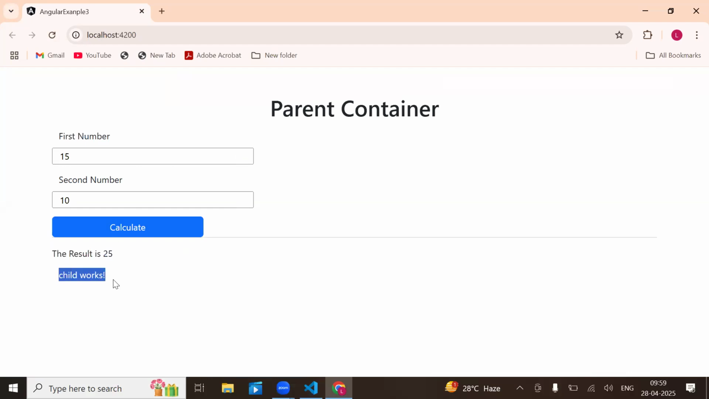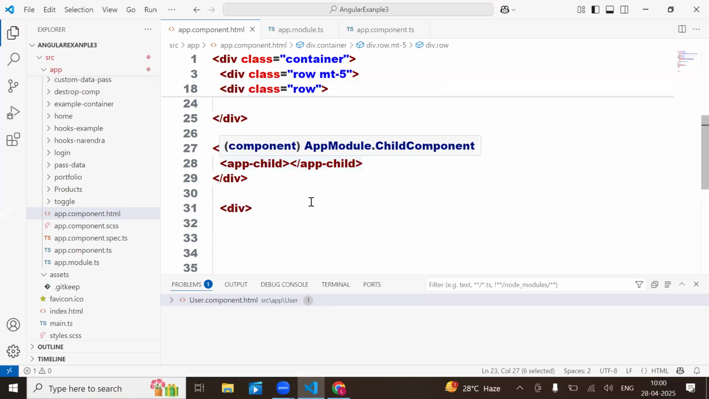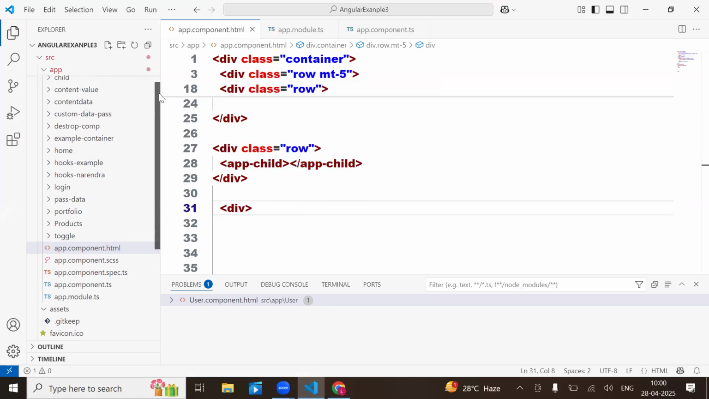I want to display the result in the child. How to do that? You understand my point? Yes, sir. I understand. Instead of displaying here, the calculation happens in the parent component, but the result should be shown in the child component. So the result variable needs to be passed to this child component. To do that, what you need to do in the child component